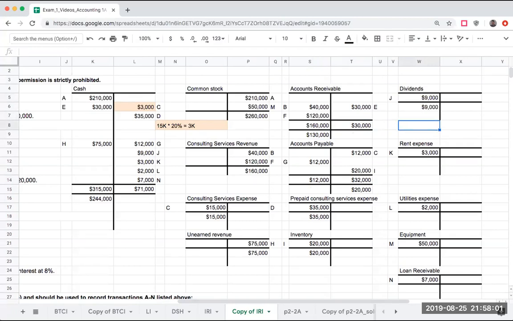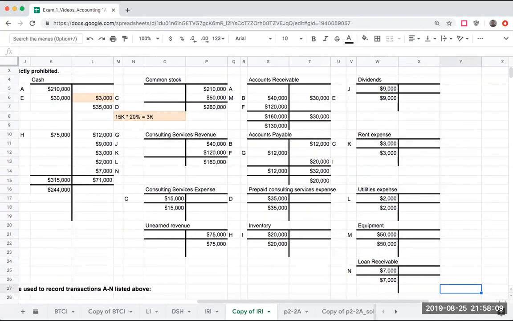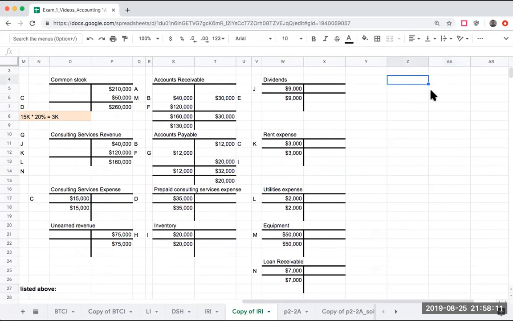For my dividends, I have 9. Rent expense, I have 3. Utilities expense, I have 2. Equipment, I have 50. And then loans receivable, I have 7. So what I'm going to do now is do my